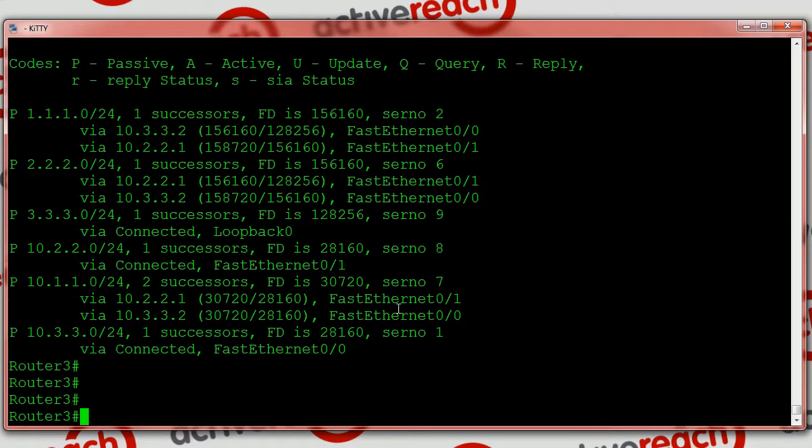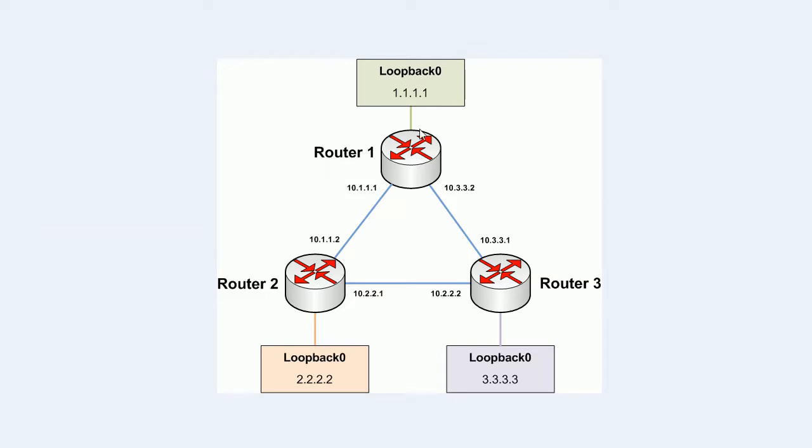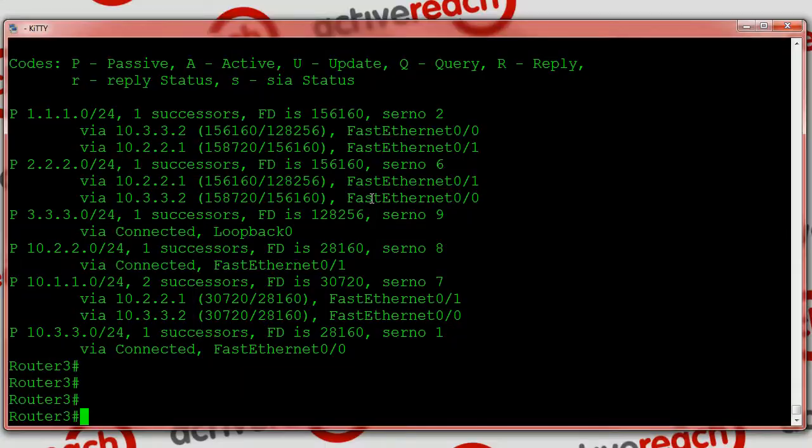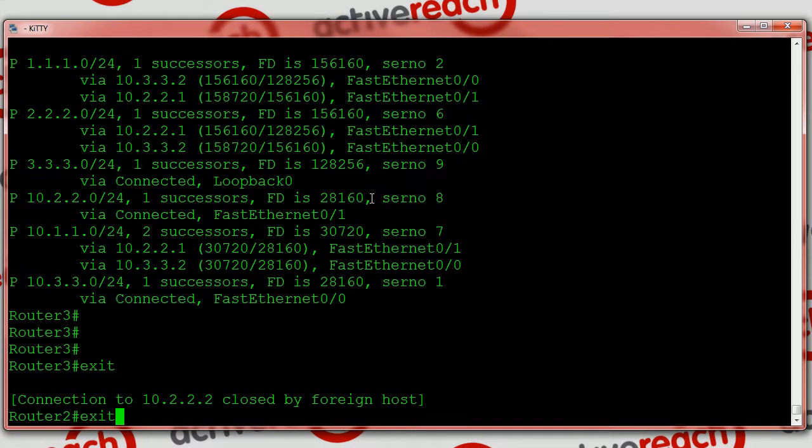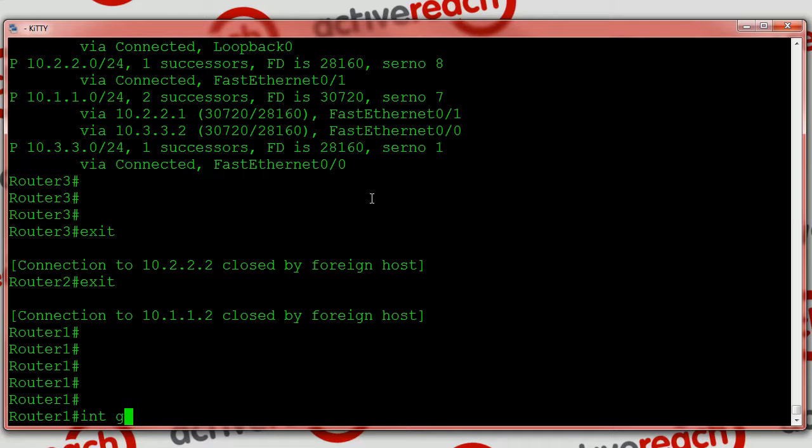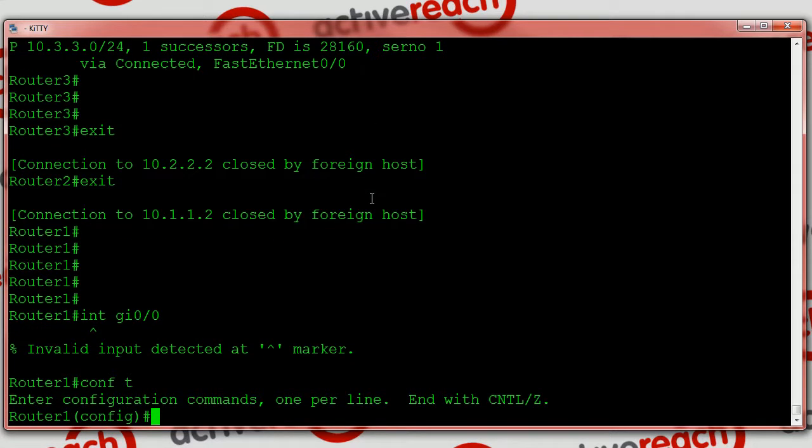So let's say, for example, we want to change the routing, because we might not know which is the fastest route here. If we were to slow down this link between 1 and 2, then EIGRP should be able to calculate the faster route. So let's go ahead and do that between routers 1 and 2. If we go onto the connected interface, in configuration mode, and go into interface 0/0,